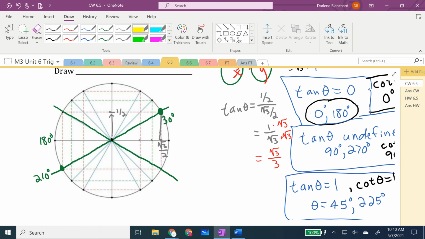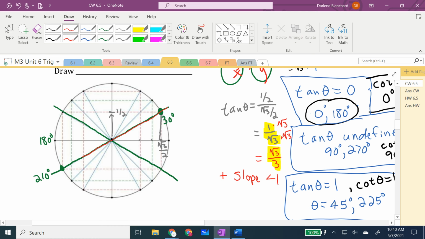What I want you to focus on is whether you see the number in this form or this form. Do you see that that is a number that is smaller than 1? When you have a slope that is positive and it is less than 1, and you are dealing with a unit circle,